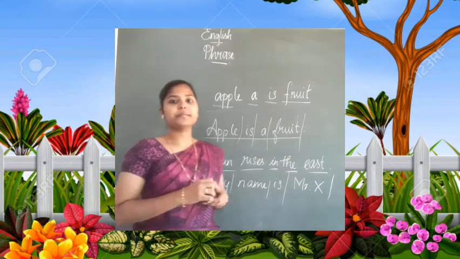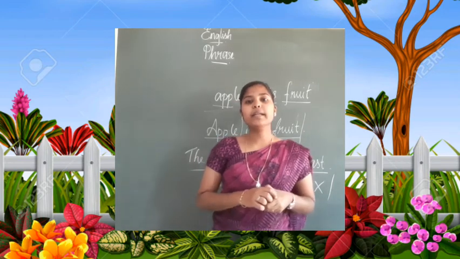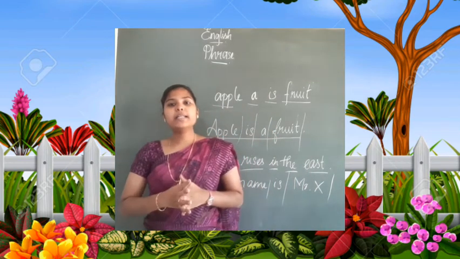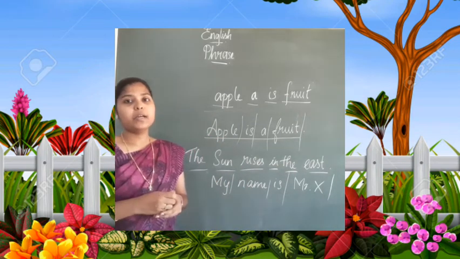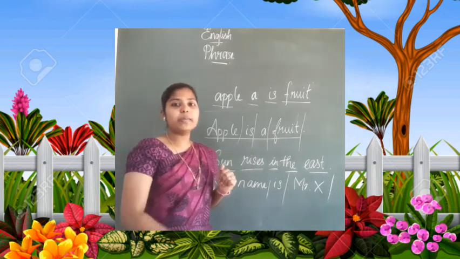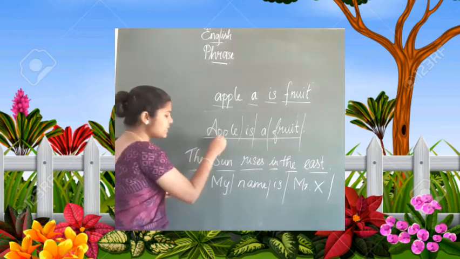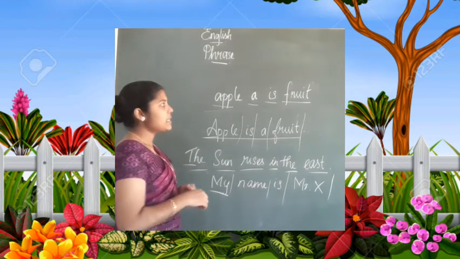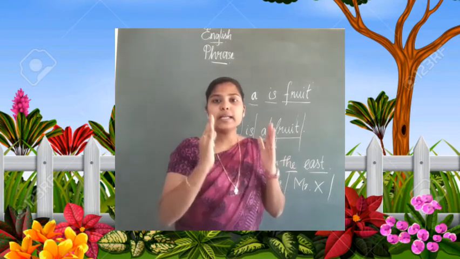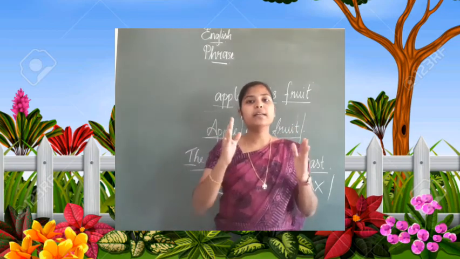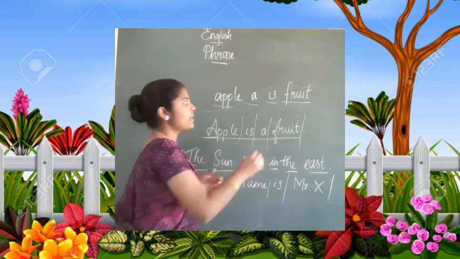There are 4 kinds of sentences, right? What are they? Assertive, very good, interrogative, imperative and exclamatory. These are the 4 kinds of sentences. Always a sentence begins with uppercase, the capital letter. Every sentence begins with a capital letter. How can you identify this is a sentence? Each and every sentence begins with a capital letter and it ends with a punctuation mark like a period.